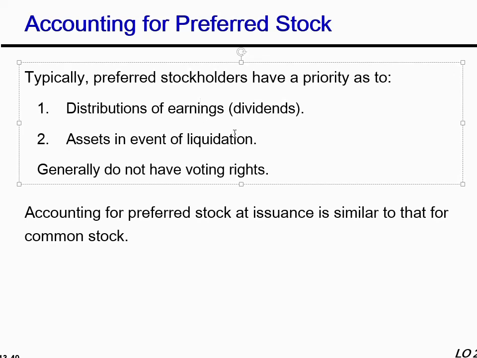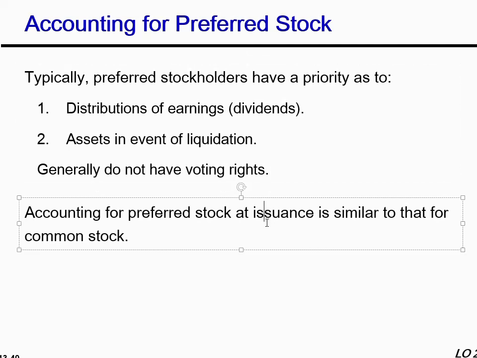Also, if the company closes its business and liquidates, firstly, the claim of the preferred stockholders will be paid off after creditors, and then the remaining money will be given to the shareholders. So because they don't compromise on the dividend and on the claims at the time of liquidation, they are not allowed to vote, because in the case of companies, the owners' participation is only up to voting, right? So preferred stocks are not allowed to vote because they don't compromise on dividends or the claim on the assets at the time of liquidation.